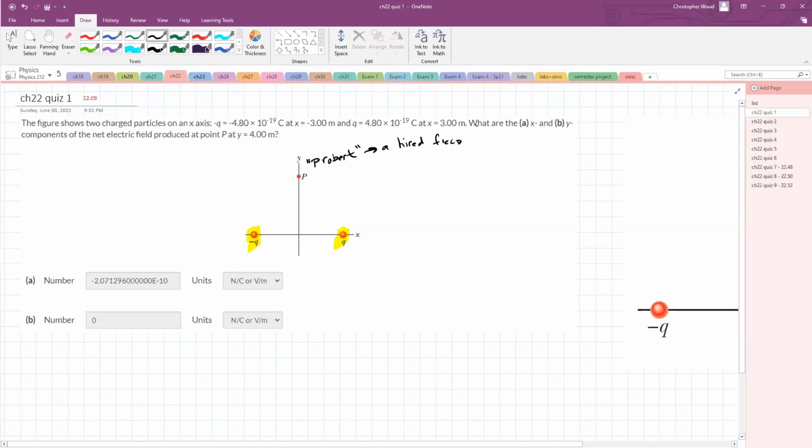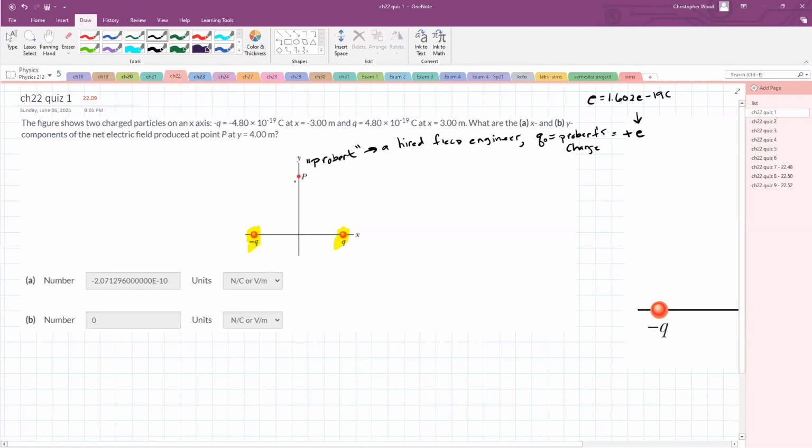I think of Probert as a hired field engineer, and Probert has a charge. Probert's charge Q naught is Probert's charge. And Probert's charge is plus E, which is the fundamental charge unit. E is 1.602 times 10 to the minus 19th coulombs. That's what Probert is. So again, just a fictionalized character made to seem almost human-like just by my flights